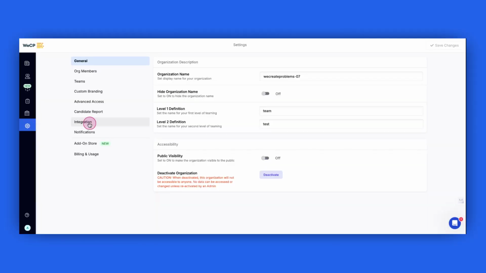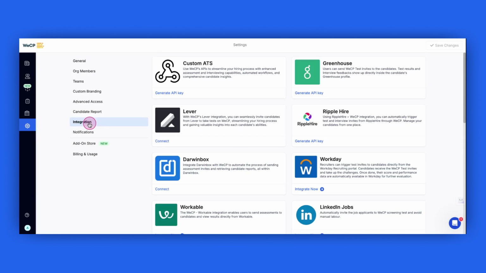Accelerate your assessment process by managing both assessments and candidate tracking in one seamless workflow. Juggling assessments separately from your applicant tracking system, or ATS, can slow down your hiring process and make candidate management a challenge. However, with ATS integration, you can synchronize assessment results and candidate data directly with your ATS. This not only saves time but also eliminates the need for manual data entry, leading to a more efficient recruitment